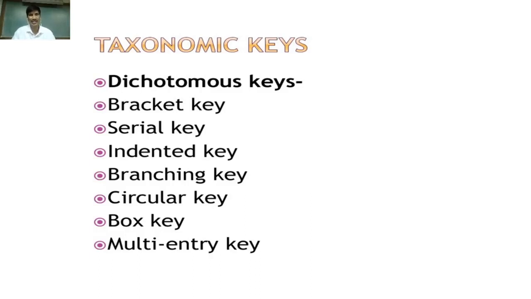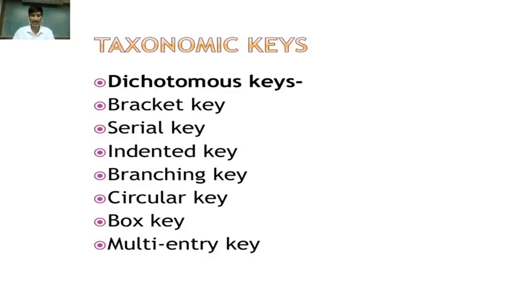It is a taxonomic key. Scientists use different types of keys. We just enlist the keys, such as the dichotomous key. Firstly, we should know what a key is. Keys use the literature to identify animals. The key means they use different characters from the literature to identify the animals.